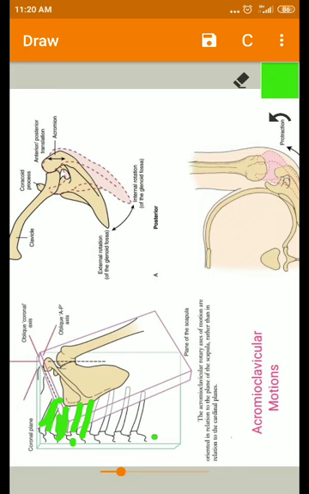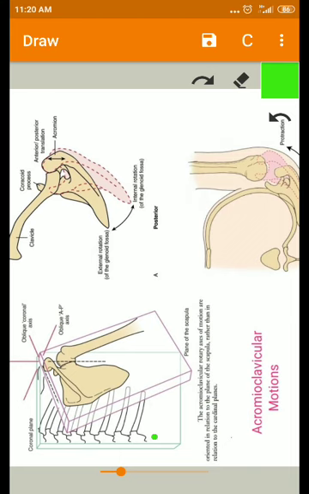So this movement is also called scapular abduction and scapular adduction. When it is rotating during protraction, this vertebral border is moving away from the midline, and then it is called scapular abduction. During retraction, the vertebral border comes back to its normal position or somewhat nearer to the midline, so it is called scapular adduction. Okay, so these are the terms used.